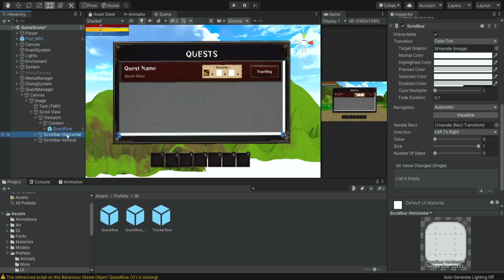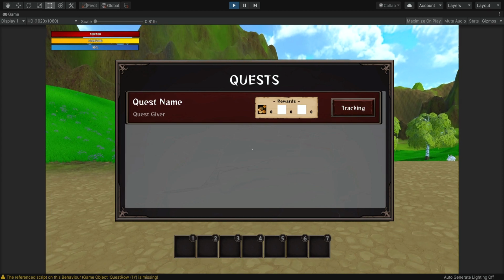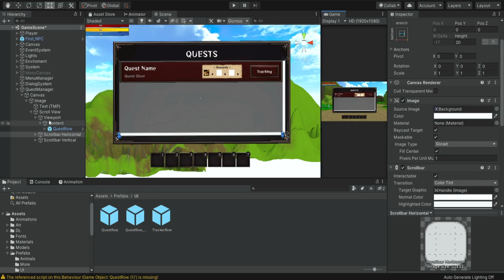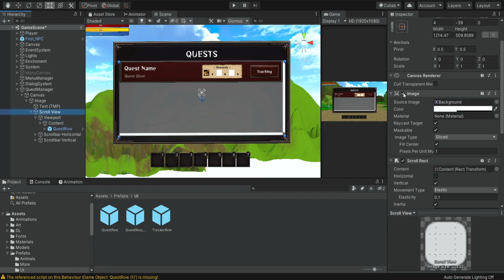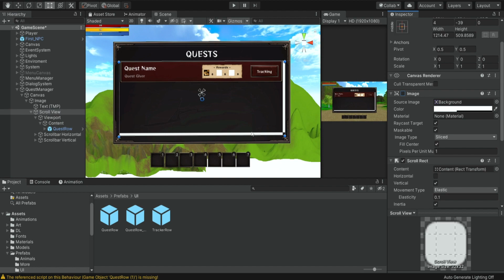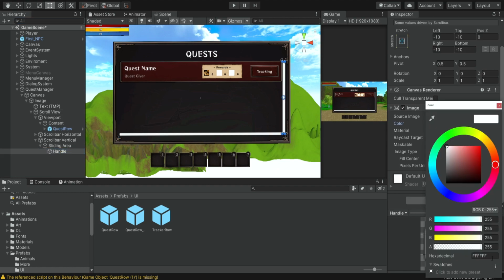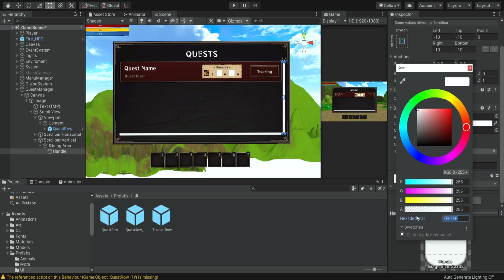So even if you don't need this horizontal, simply don't touch it because you can see that eventually it's not going to be shown. Now we are also going to click on the viewport, actually on the scroll view, and we're going to disable the image because we don't want to see this background. And we can also change the color of the handle because this white color is not nice. So if we go inside the scroll bar vertical, inside the handle, we can change the color to something like